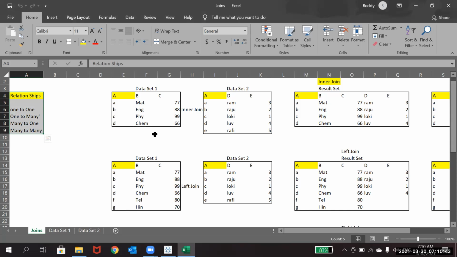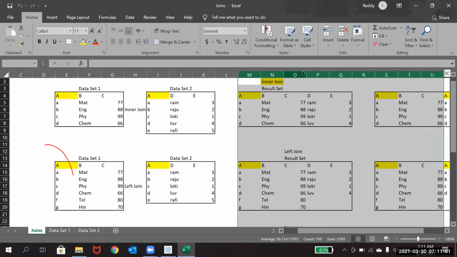So let's take an example of these two, data set 1 and data set 2. So what I'll do is, let me just hide this.